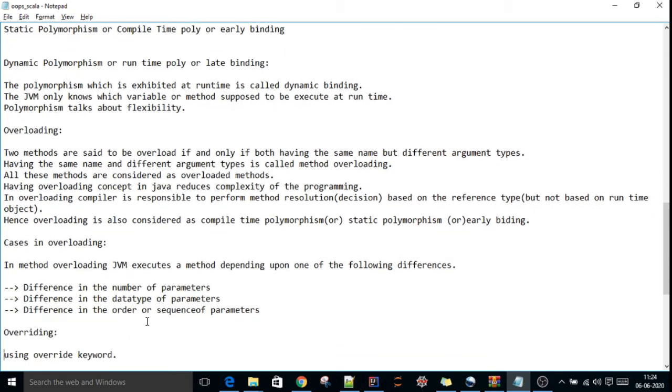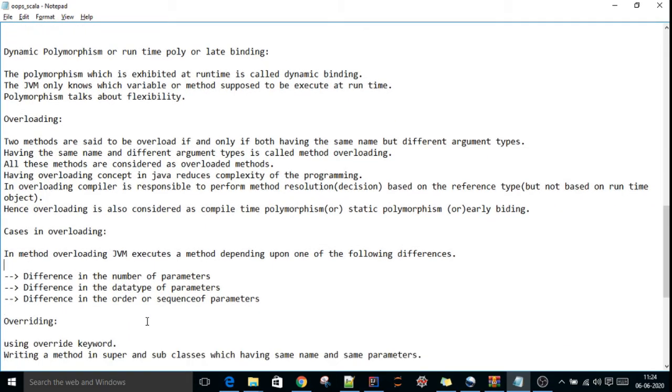In method overloading, the JVM executes a method depending upon one of the following differences. These are the cases in overloading. Difference in the number of parameters. There may be a difference in the data type of parameters. There may be a difference in the order of the sequence of parameters.